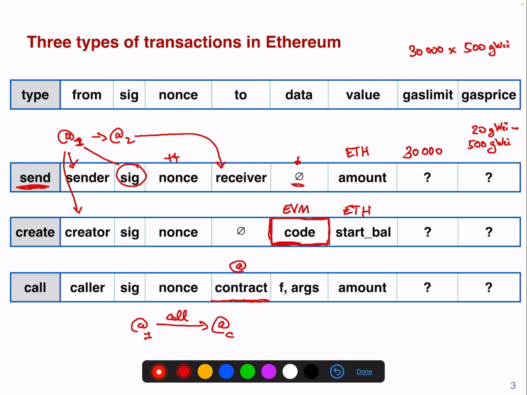So this can be, for example, the address of the contract, and now the contract itself can have, for example, the function number 1, the function number 2 and the function number 3, right? And it can take some arguments there. So depending on which function you want to call, you have to specify here the function that you're interested in calling, and you pass the arguments as well. It can also happen that you want to pass some ether to this call, and then you specify this here in this particular field. So for example, let's say function 1, basically, let's say it sends the amount